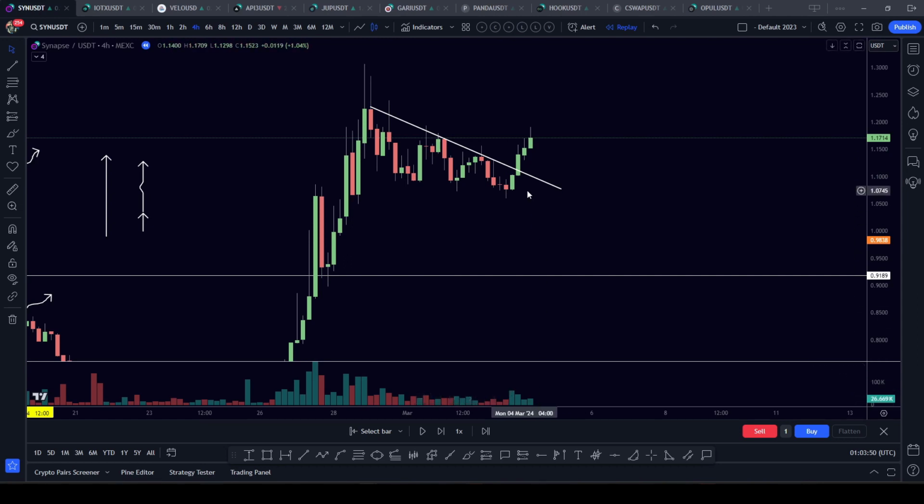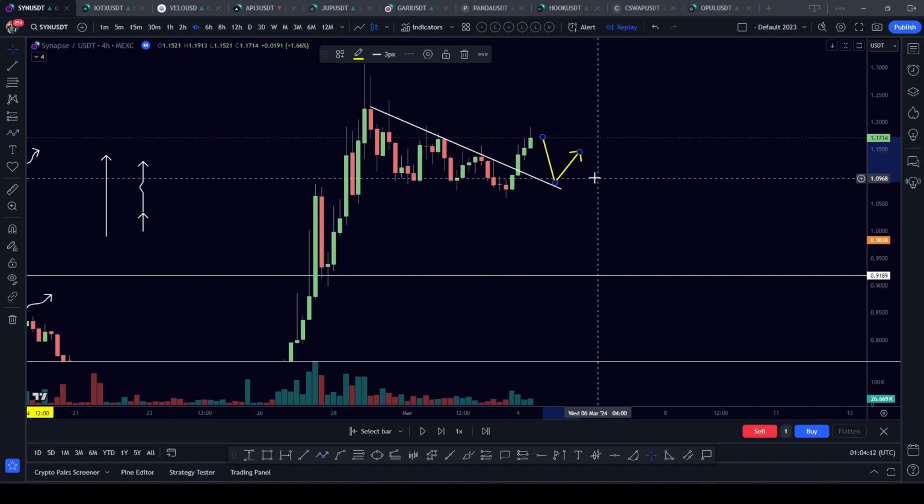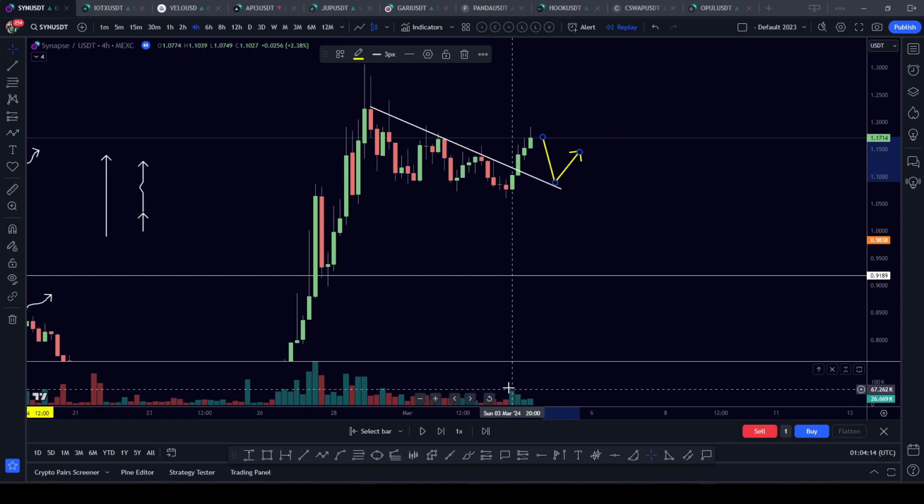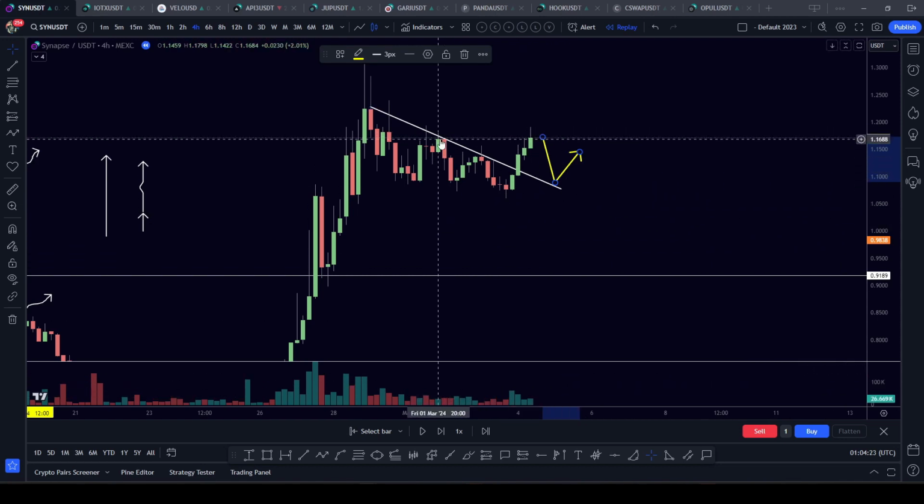If you're letting volume be your guide, more than likely, if you were to just see this right now, you would not enter this trade because you would think that the price action should come down, hopefully do a retest here, and then possibly enter. So more than likely, due to this divergence, due to the volume being your guide, you would wait. However, I know that it needs to break this level.